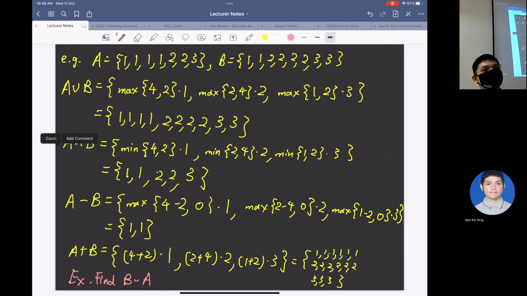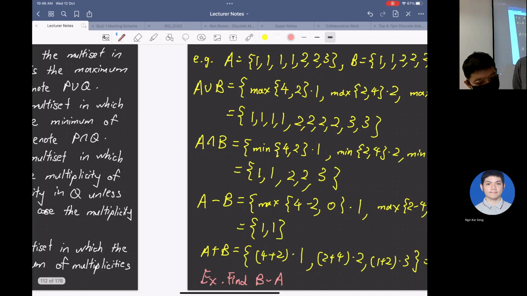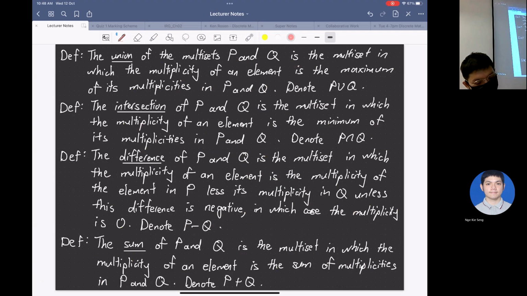Okay. So the definition is like this, but whether you're asking why we define this is the question. Here's the definition: the multiplicity of the element in the union is the maximum of the multiplicity in different sets. And for the intersection, you take the minimum. But why we define this is